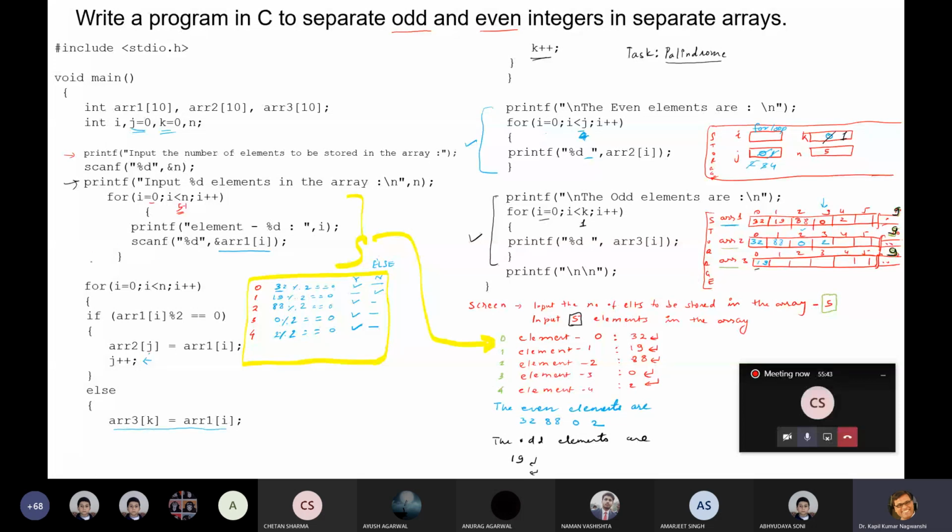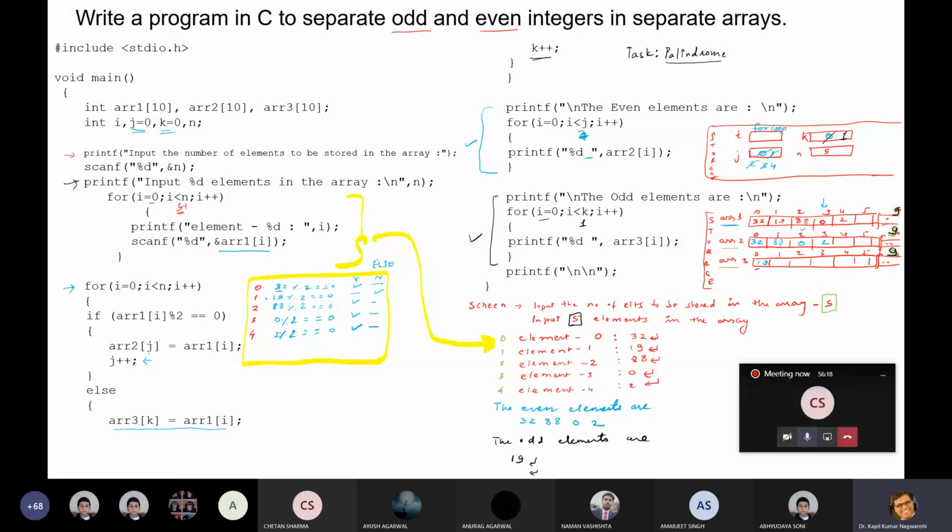Now it is checking whether the content is an even or odd number. 32 mod 2 is 0. Yes, so this is an even number, so it will store it in the even array. We have two more variables, j and k, which will increment with j++ and k++. Both j and k are at 0, as you can see on the right hand side.